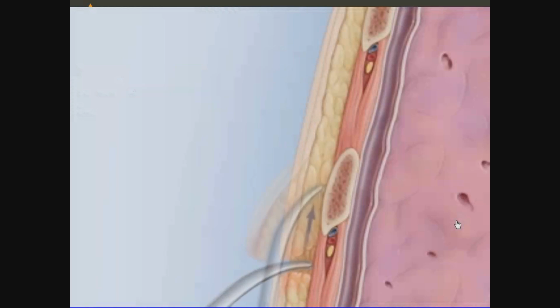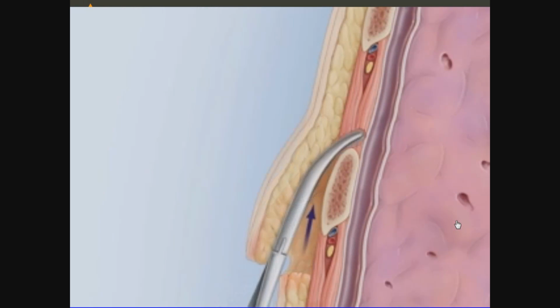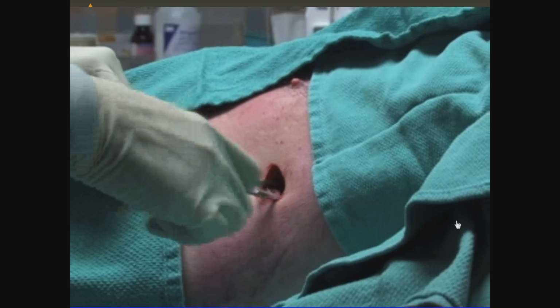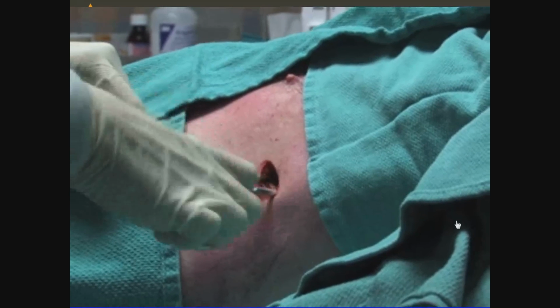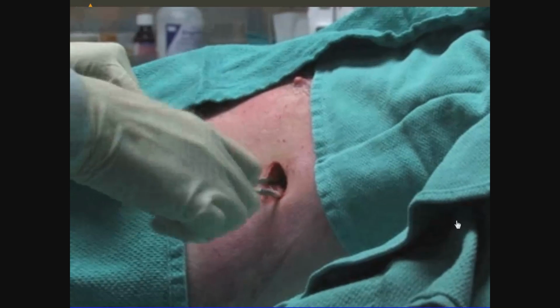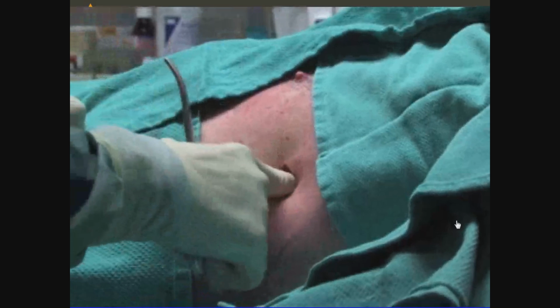After dissecting the subcutaneous tissues, stay on top of the rib to guide the blunt dissection. This will create a diagonal path towards the correct intercostal space. When using a larger chest tube of size 24 French or greater, use your index finger to explore the tract